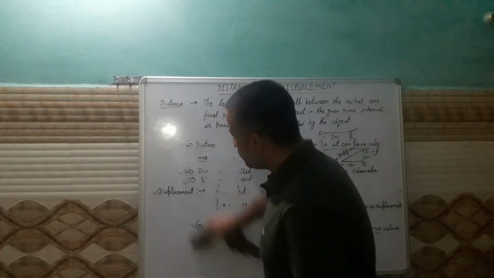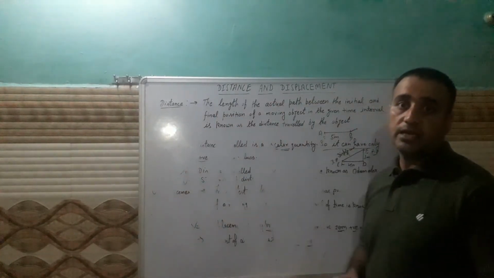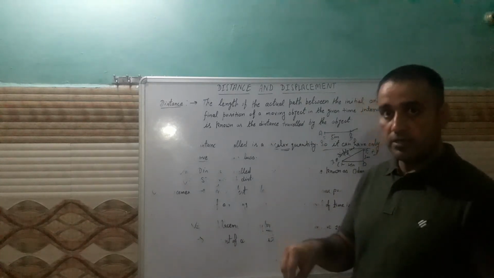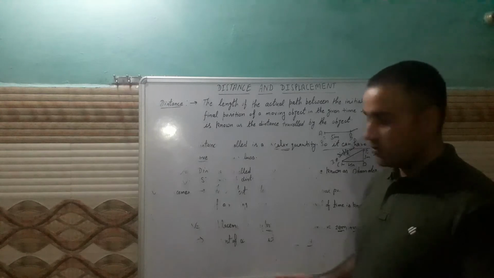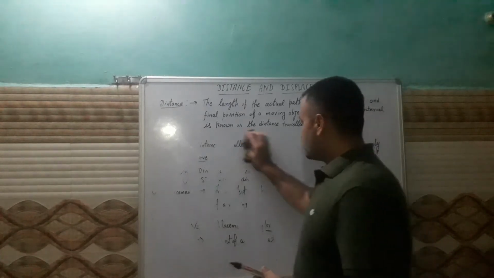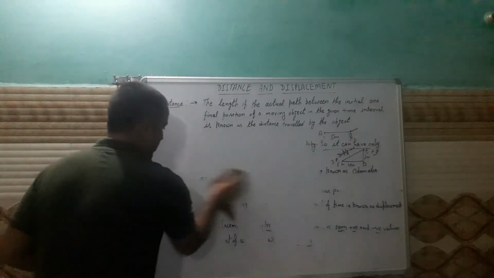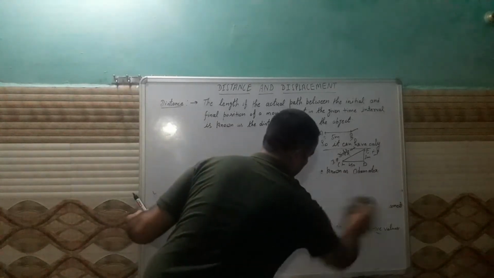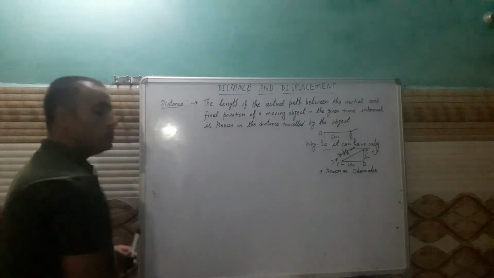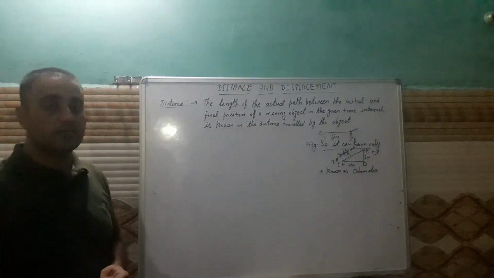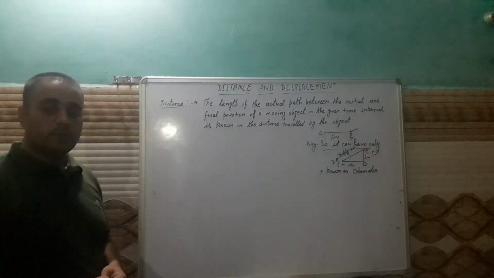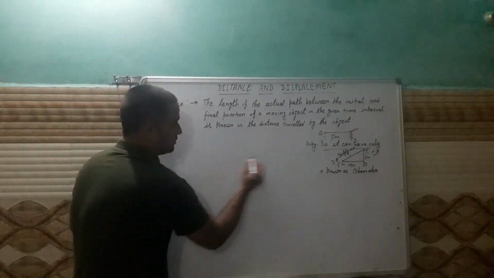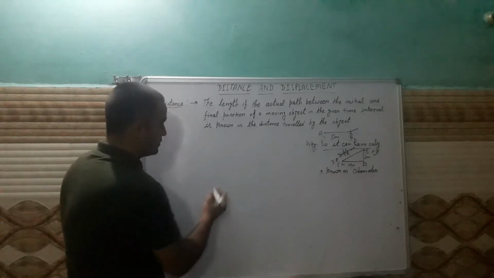One major important point between distance and displacement, we will discuss with the help of an example. The value of distance travelled can never be smaller than the displacement. It may be equal, that is a special case. So how can you say that the value of displacement is smaller than the distance travelled, or in other words, that the distance travelled is always greater than the displacement except in one case?